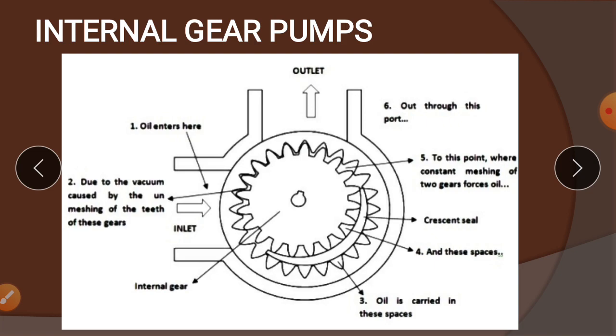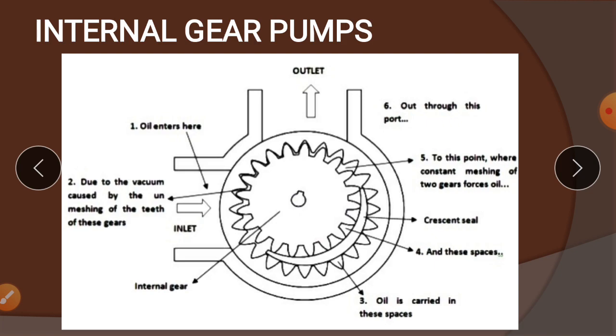Okay, what are the advantages? If you consider it, it has smooth flow operation. The external gear is noisy, but here we can expect smooth flow operation. Some disadvantages are also there. It has a more complicated structure compared to the external gears, so it has a high cost of construction, and it has a limited size range. You can't make a very small pump, so the size should not be reduced beyond a limit.